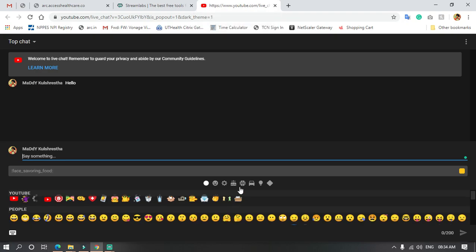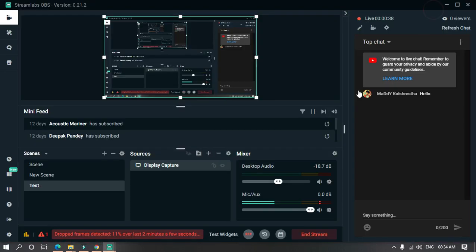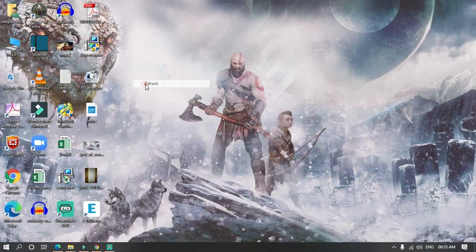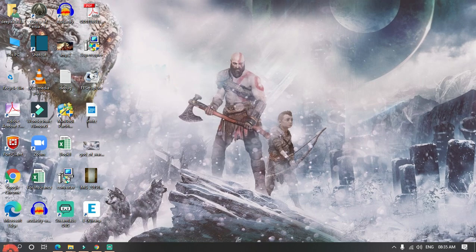There are a lot of emojis out there. Alright, I need to close these tabs. Alright, you just simply need to minimize this window, and you can go to your screen. This must be live, or you can play your games.